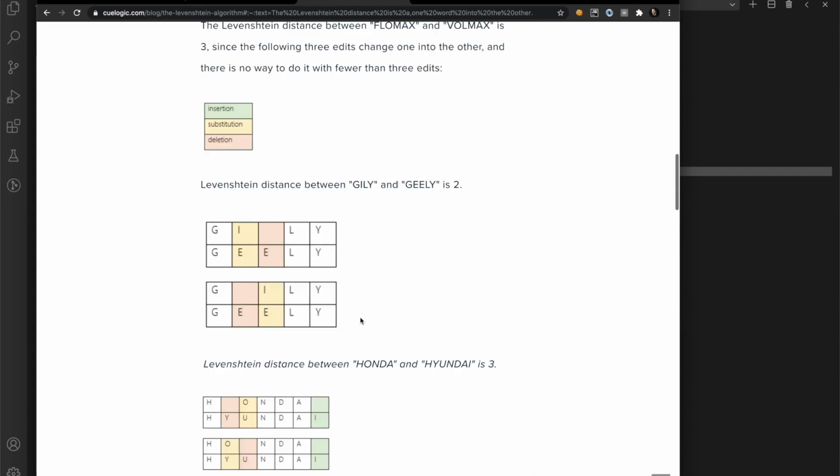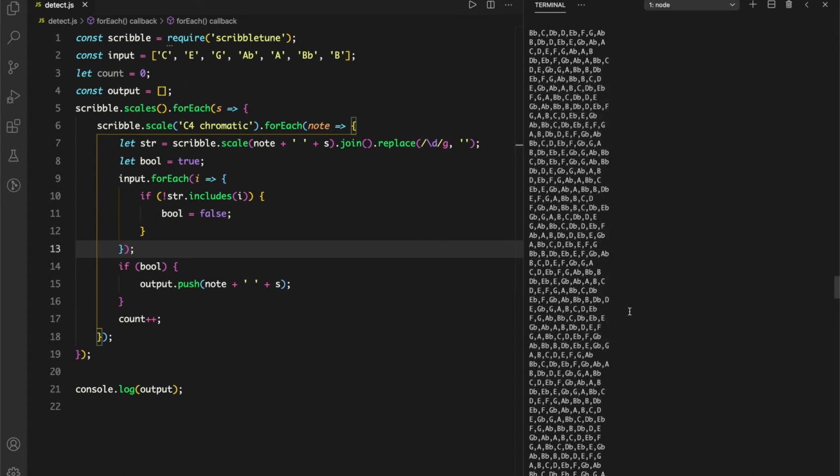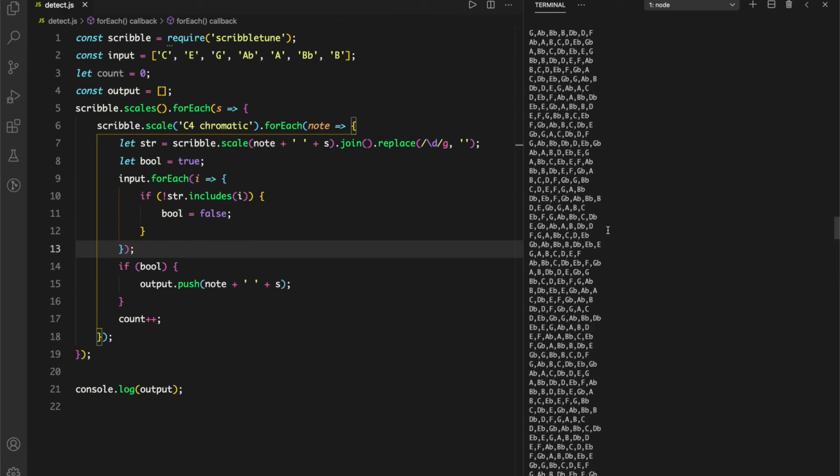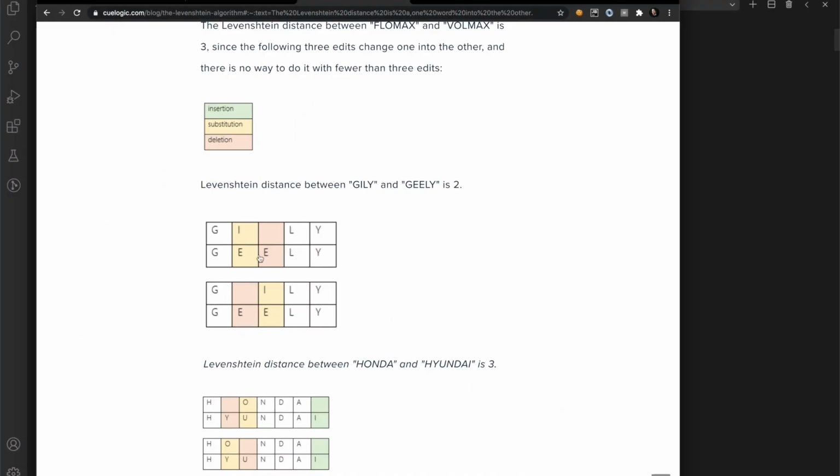So if we create a graph out of all these scales that we generated from ScribbleTune, where each scale is a node, we build this graph out of the distances between each of these strings in the pre-processing step, and have this massive graph of 1016 elements or nodes, where each node is separated from the other node by the distance based on Levenshtein.